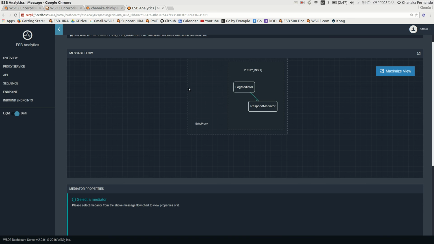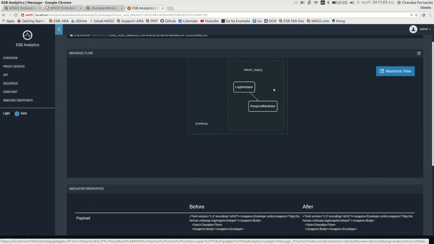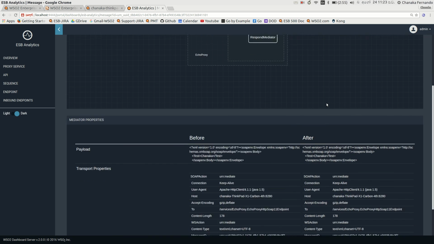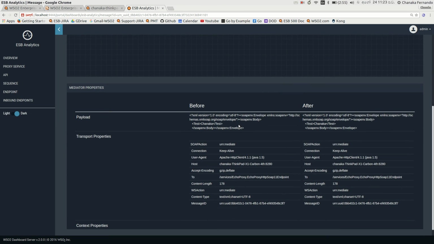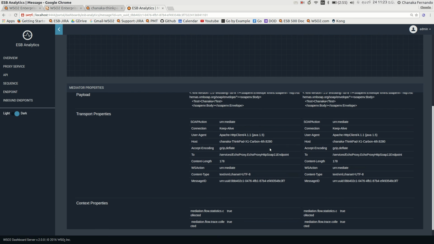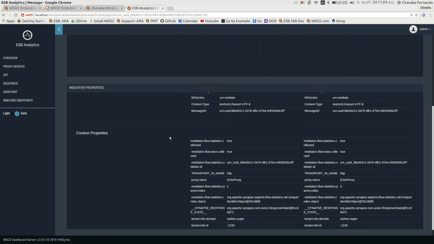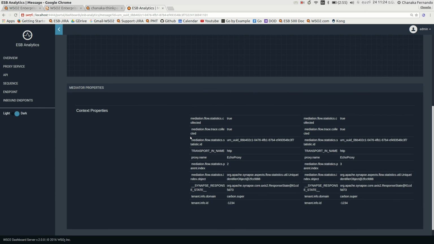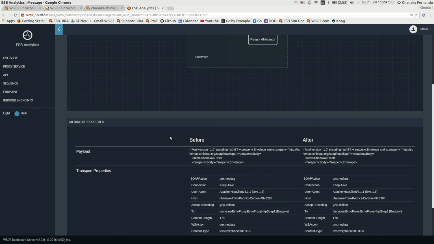If I want to see what message comes into the log mediator, I can click on this log mediator and it will show me the message before and after the log mediator, and also the transport properties coming to and going from this mediator, and also the context properties as well.